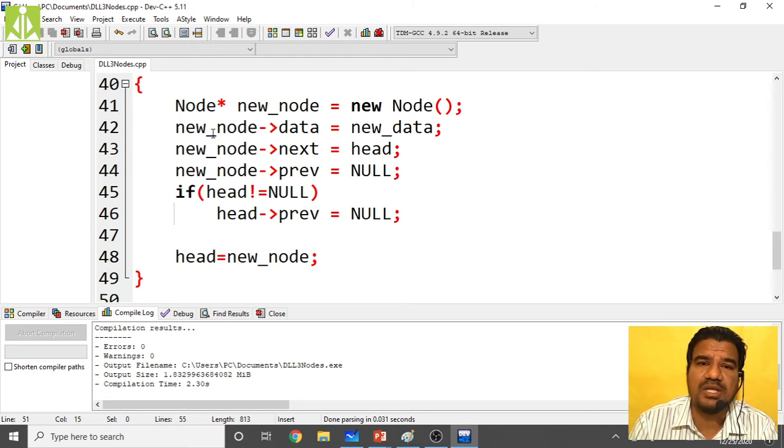In each session of my class, I am writing only a small piece of code, hardly 20 lines. That 20 lines of code only you have to practice and understand.